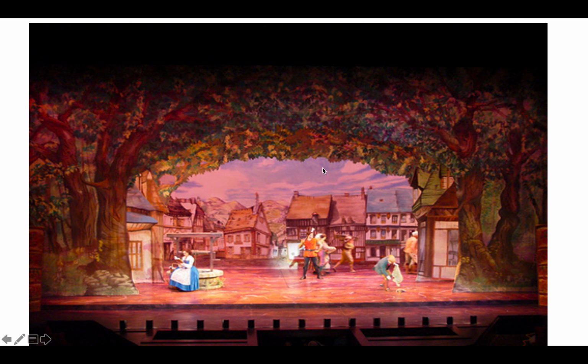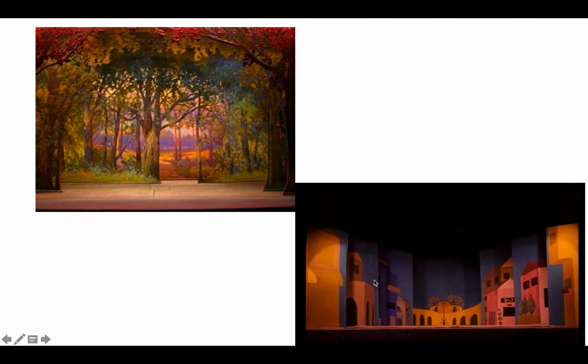All right, what about this? Is this a proscenium stage or is this a black box stage? If you guessed proscenium, you are absolutely correct. Notice how these trees frame the action, kind of like we're looking through a picture frame. Again, these trees are framing the action. These are all stages that are set up in proscenium style. All right,